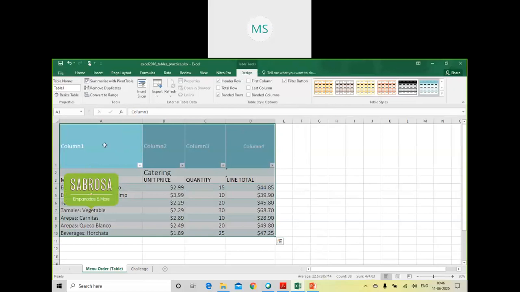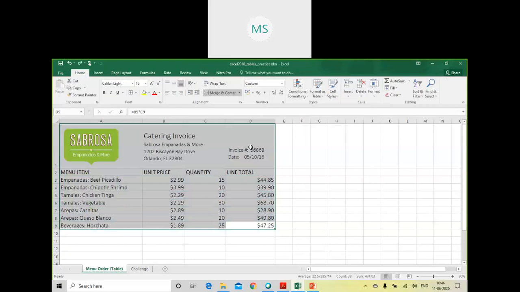It will convert the entire area into a table, and above you can see Column 1, Column 2, Column 3, Column 4 entered by default. Whenever you create a table using the Insert option, if you don't specify that your selected region consists of the header section, it automatically inserts its own header section.